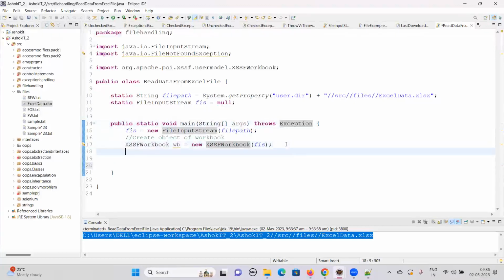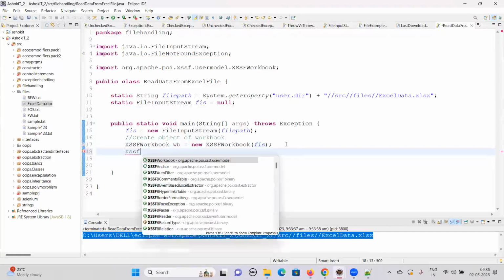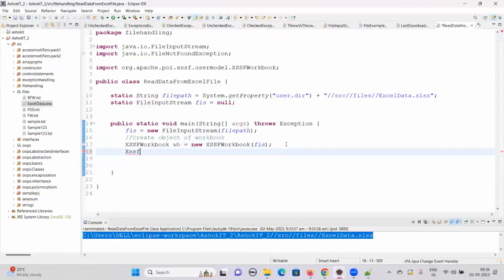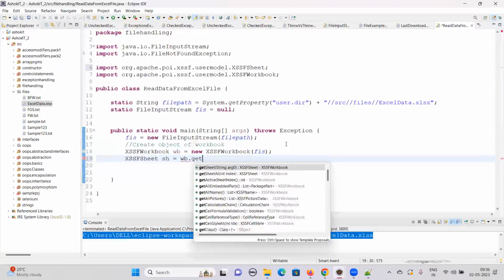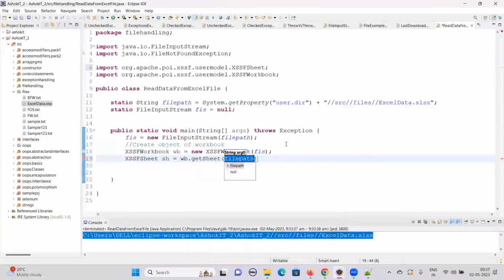Now we have created the object for the workbook. What is the next thing? We have to create an object for the sheet. So we create the sheet object, Sheet sheet equals wb.getSheet. What we are trying to do is get the sheet by its name. So getSheet, and we give that sheet name,